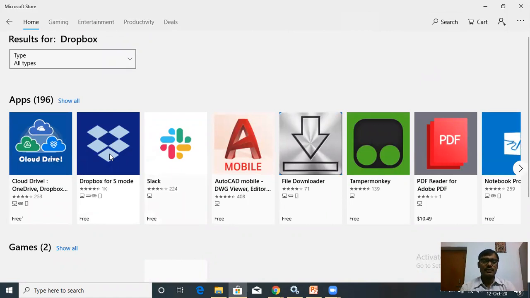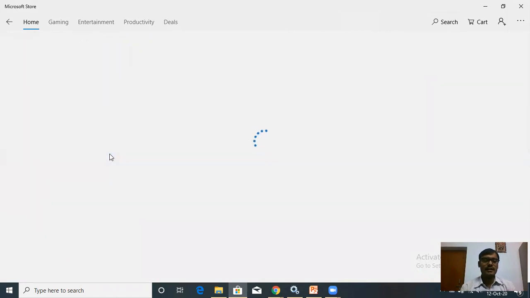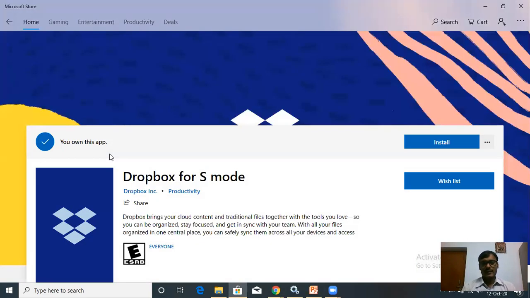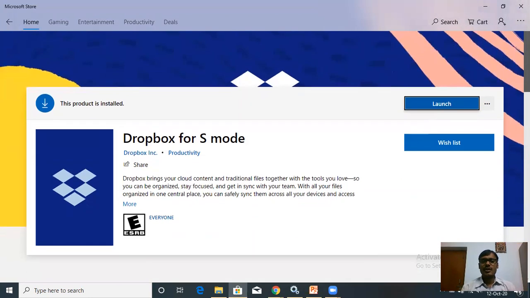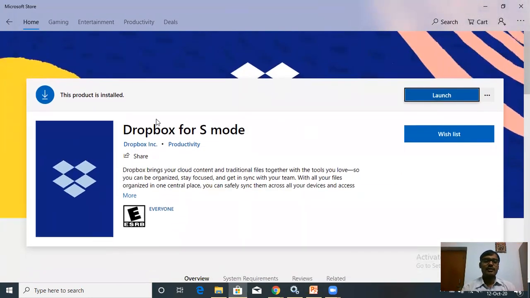You have to click on this icon and the option will come to install this app. I have already installed this app, so it is written here that the product is installed and you can click on launch to open it. You can also install Dropbox on your mobile and use it.